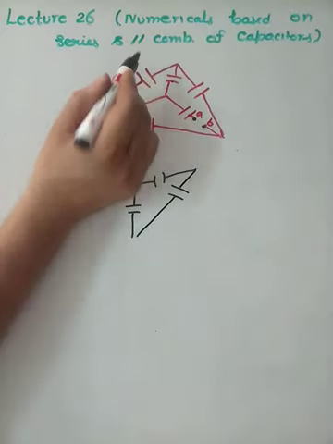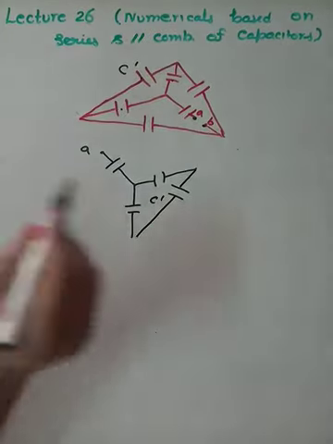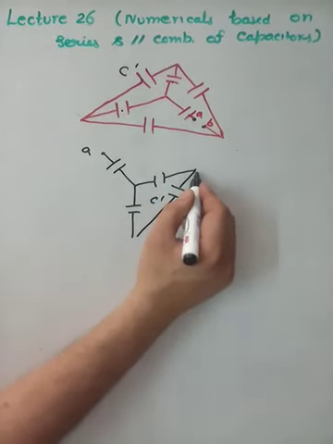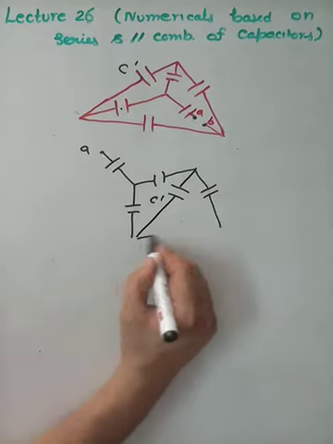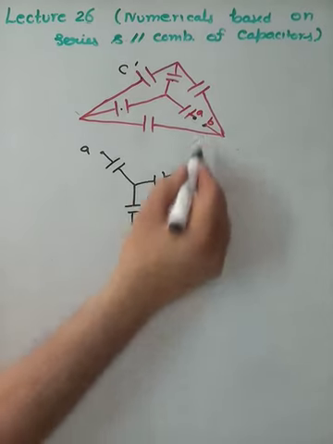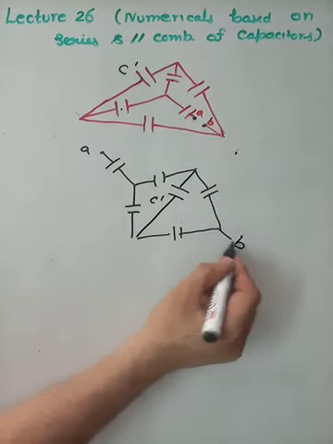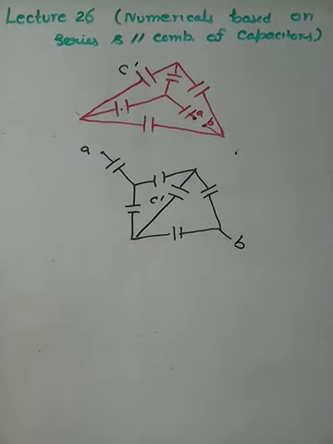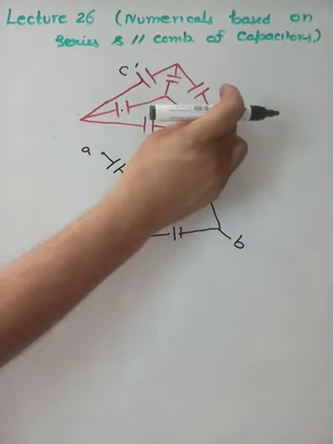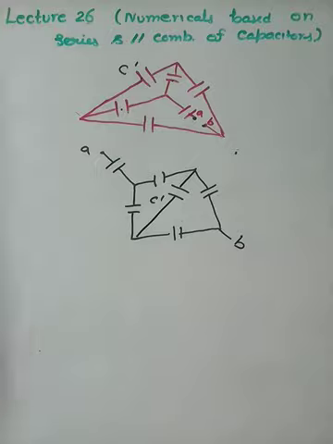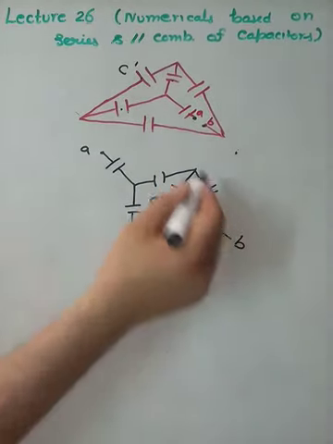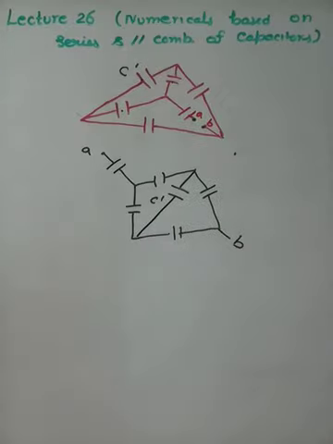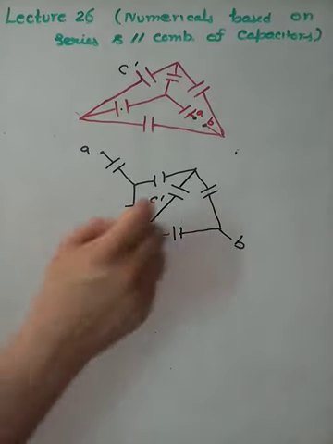Let this be C dash. Now C dash is in the center and we have an arrangement like this. And this point is B. Now we have moved this point A and shifted it over here. Now this C dash has come to the center. Now a bridge is formed. Now you can neglect this C dash.